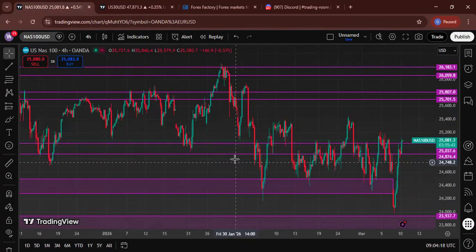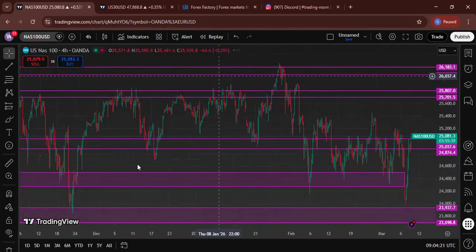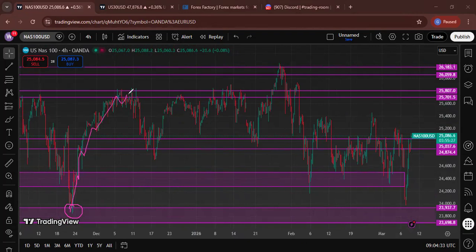So for Nasdaq, this is what you have. This was the major demand down here at this area. So this demand was the major origin of major market moves from here all the way to these areas, right? Then there was from this supply coming down all the way to this demand. Then from here again, this was the kind of reaction you're seeing. So from this area all the way down to this demand. Then from this demand, a strong rally back to this. So I'm anticipating to see a potential rally all the way to the areas of